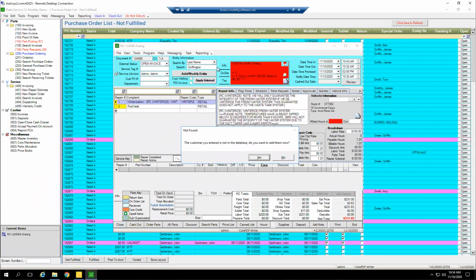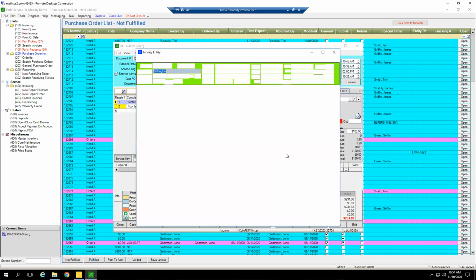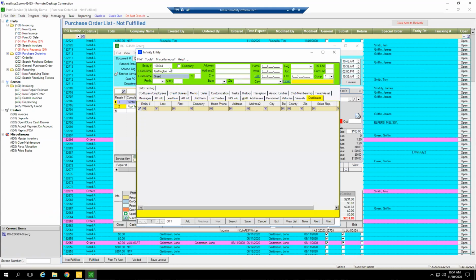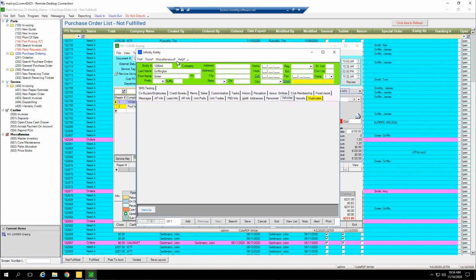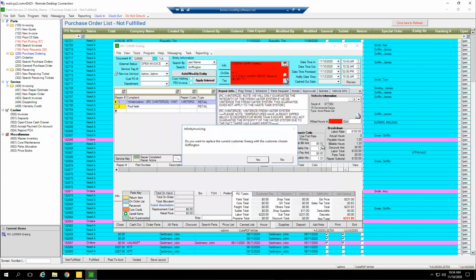Griffington, there we go. So if I type in a name and the system does not find that entity record, you can create someone on the fly. So first name Greer, last name Griffington, that works. Well, let's go to that customer's vehicles tab. If we went to create a service ticket for this customer, no vehicle information will populate. You have to add it first. So if I hit save and get out of this screen,